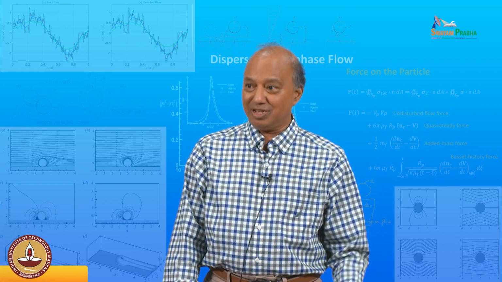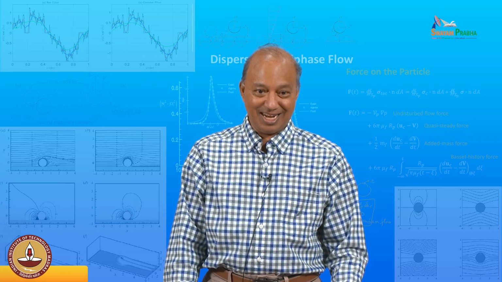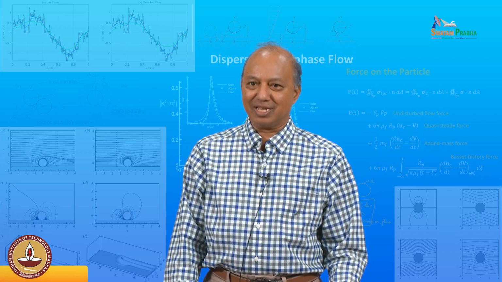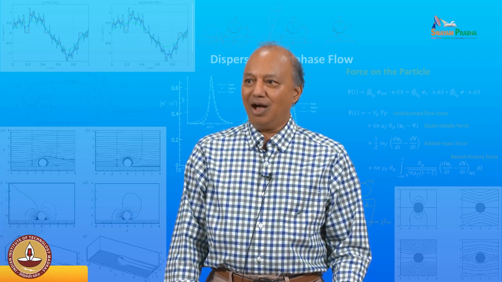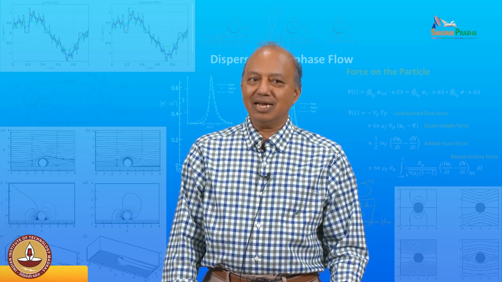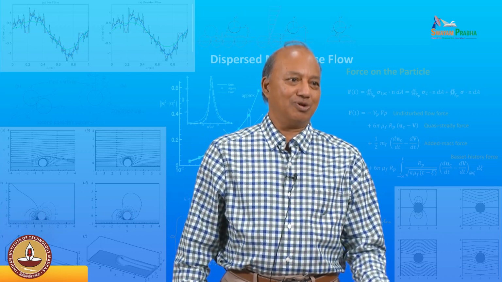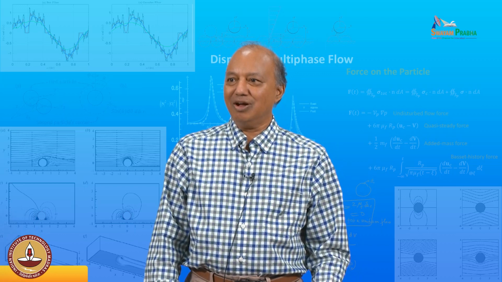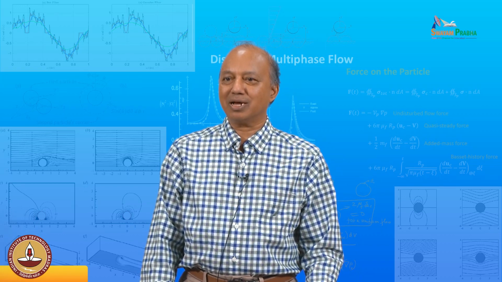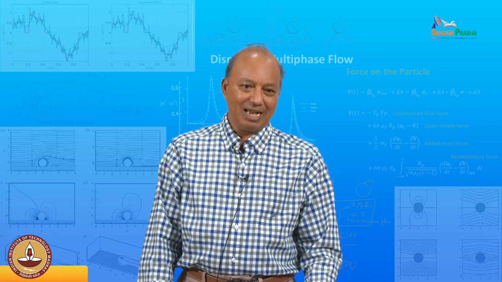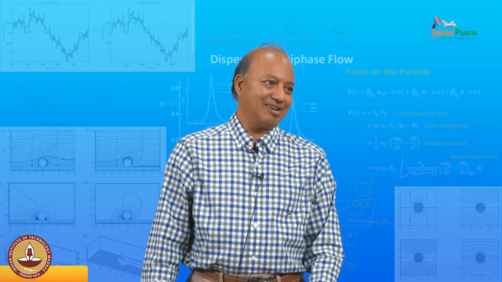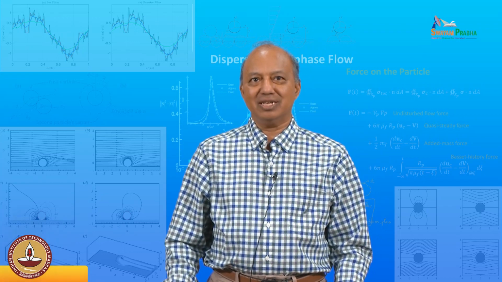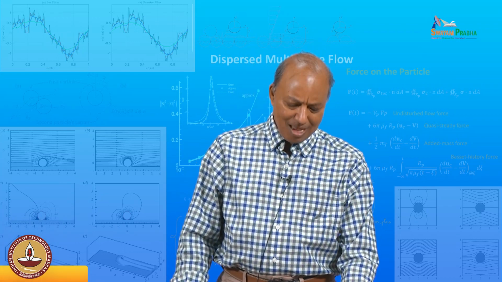But multiphase equations, we use them left and right, and it's important for everybody working on this to know how they are derived and how you get the version that you are using. Since there is no single equation, you have to ask: what approximations have I made in deriving those equations? That's the reason this lecture 11 is a useful one, but I didn't want to